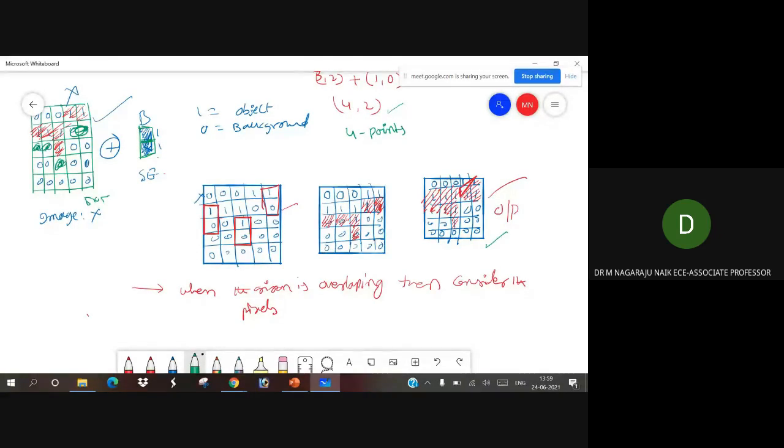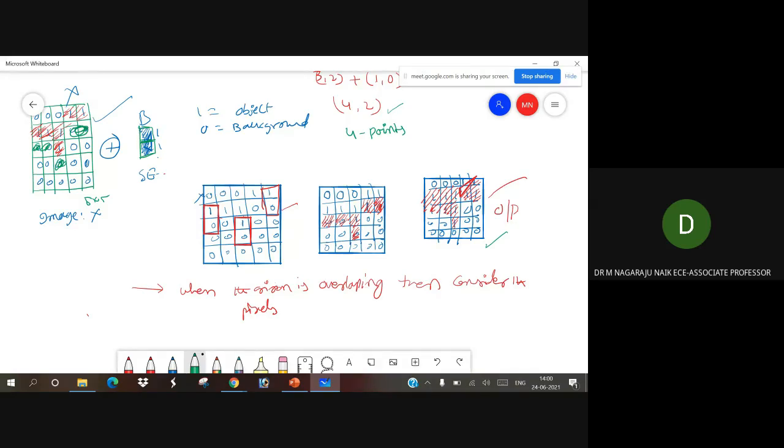That object information should be retained the same, but it needs the quality of an image. But here what are we doing? We are expanding. Expanding means automatically the shape of the object is going to change. I don't want to change the shape of the object. I want the same object, but it should be a clear object. So here the shape is going to expand.